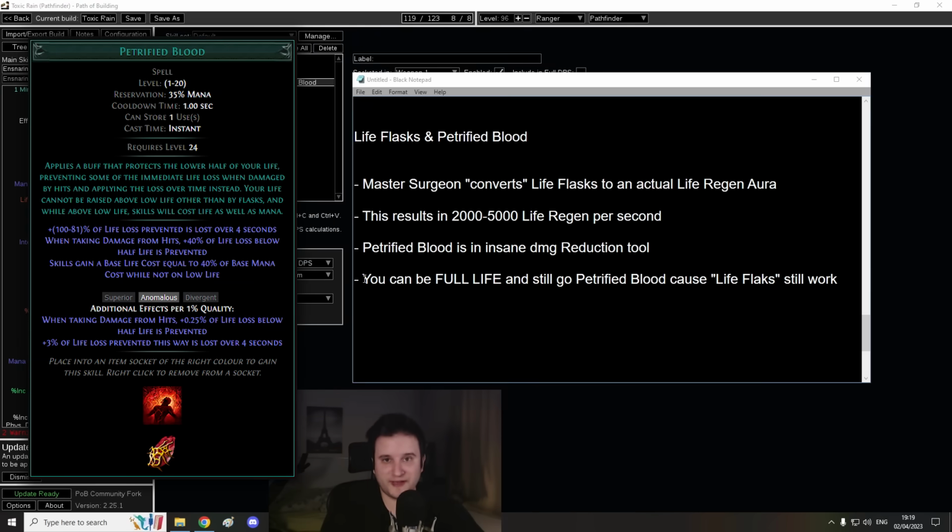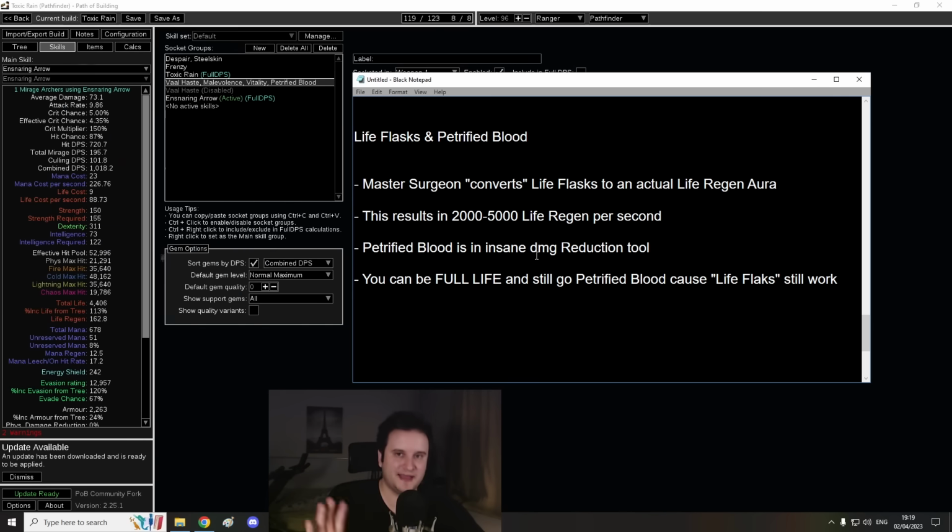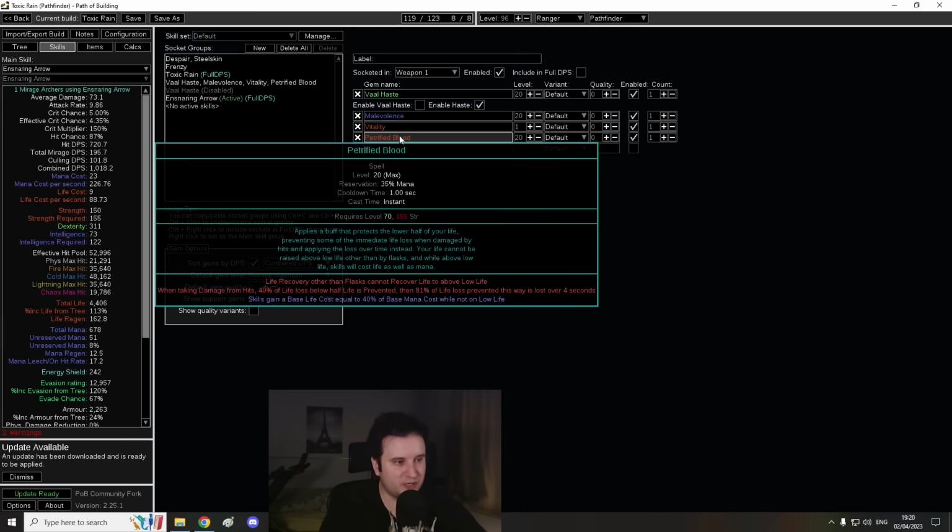Now, how does Petrified Blood fit into all of this? That's pretty complicated to explain completely. As I said, you can watch the video if you want to, but basically it gives you a ton of damage reduction. When taking damage from hits, 40% of life loss below half-life is prevented, and then you get that as a degen over time. So basically, if something hits you for 100 damage, 40 of that damage is going to be dealt to you over time. So your regen can kick in, and it's basically like less damage taken,